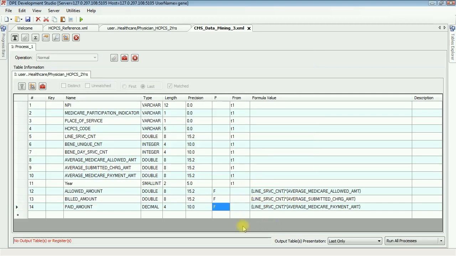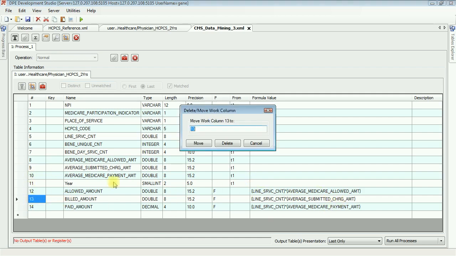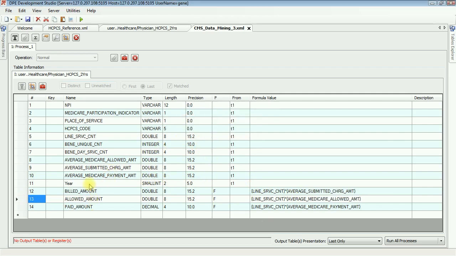Okay. One thing I'm also going to do is reorder these fields. They normally appear with the billed amount prior to the allowed amount. So I'm just going to move the billed amount above it, because billed, allowed, paid is how these amounts appear in many databases. Okay, so now I believe we're ready to